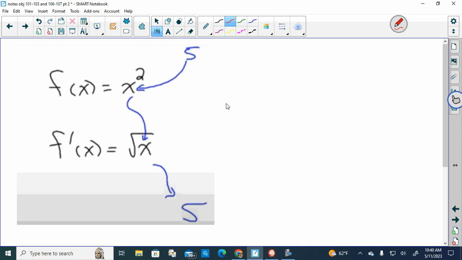Okay, so we need to get back to the original. In some of these you will have to check, and it'll ask you, is this an inverse operation? Is it a function of it? In order for it to be a function, the inverse operation, you have to be able to get back